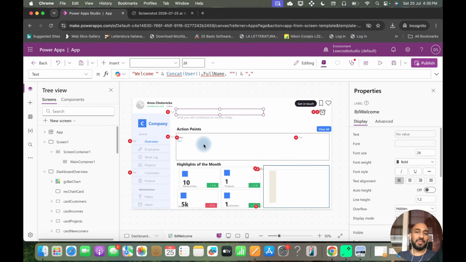Okay, so this is one method. You can take a snip of any design which is available on the web, use Claude, ask it to write the YAML code, paste it directly here on your screen, and it is going to create all the components and controls used to design that interface. Okay, now the next method, which is again my favorite, so I'll again go back to